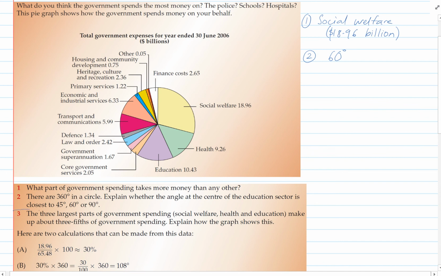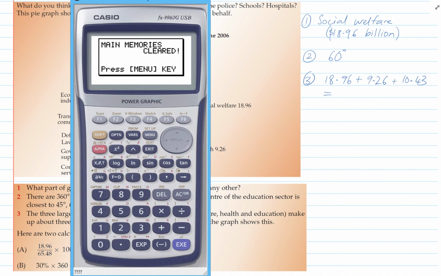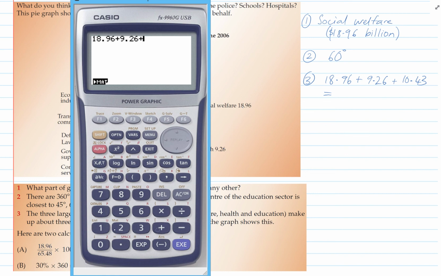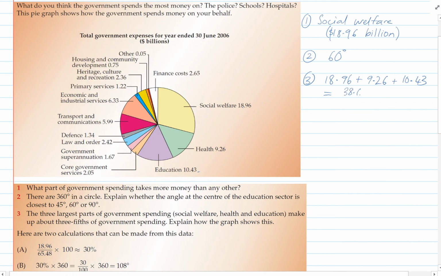Okay, question 3. The three largest parts of government spending make up about 3/5 of government spending. Explain how the graph shows this. Well, one way would be to show what these add up to. And so we'll show social welfare plus education, plus health. That all equals, we'll need a calculator for this, so 18.96 plus 9.26 plus 10.43, that's 38.65. So 38.65 billion. And if we add up all the rest, which I've done earlier, the total adds up to be